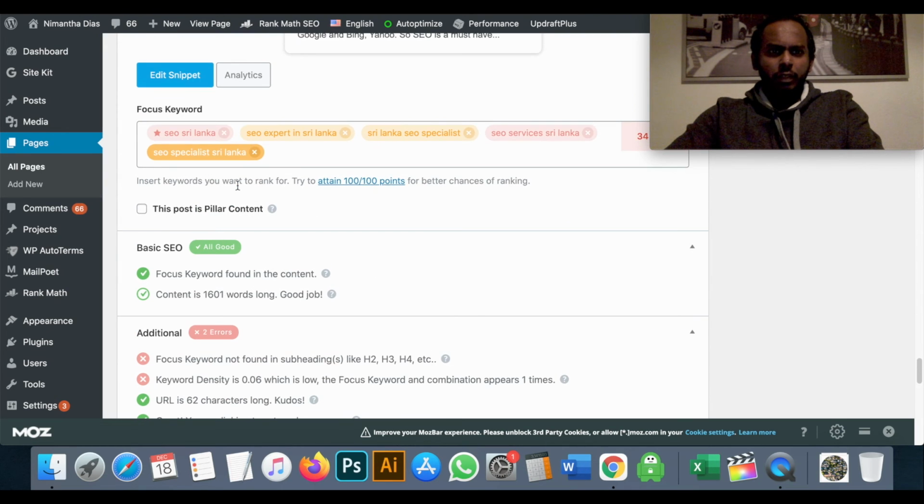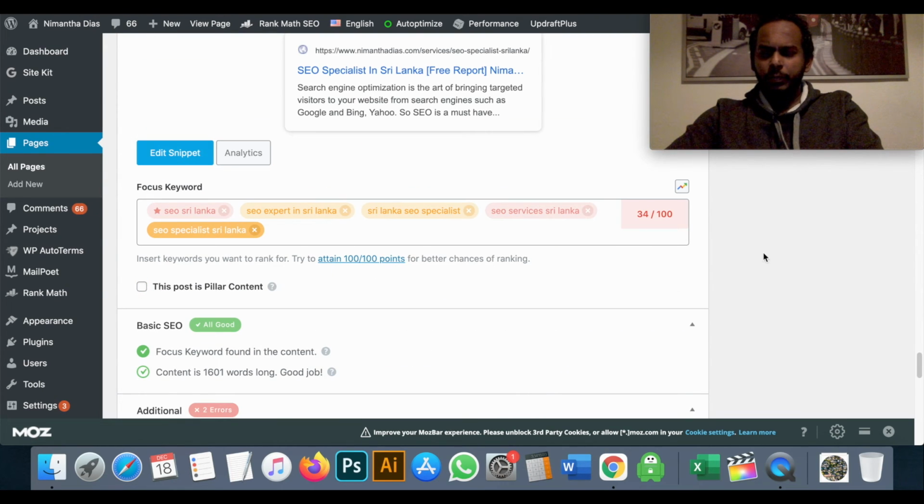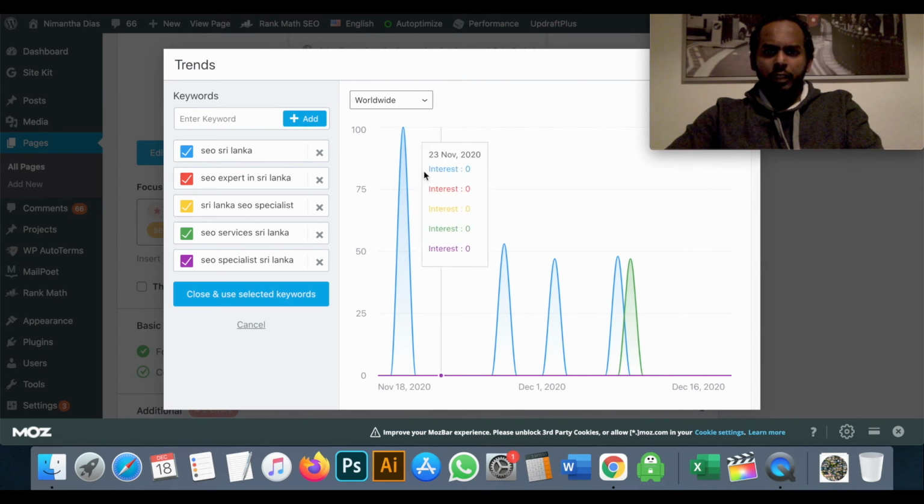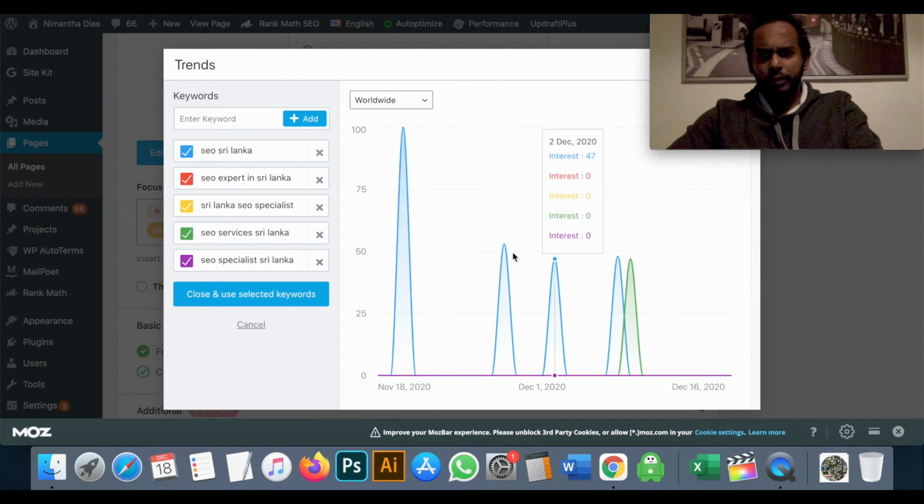So these are the options, and in this tab you can check some keywords. So I just check those keywords, and then it gives you the trend, right? So interest, right? If people are searching, interest 0, and then here 48.